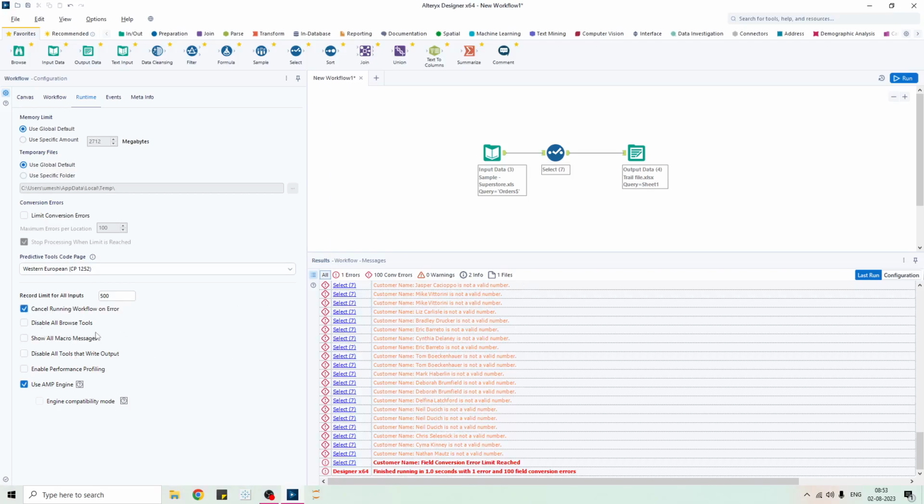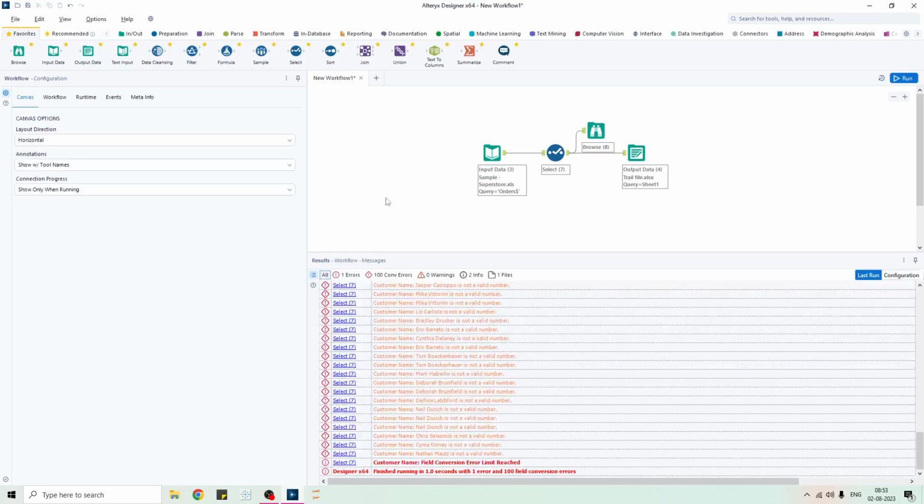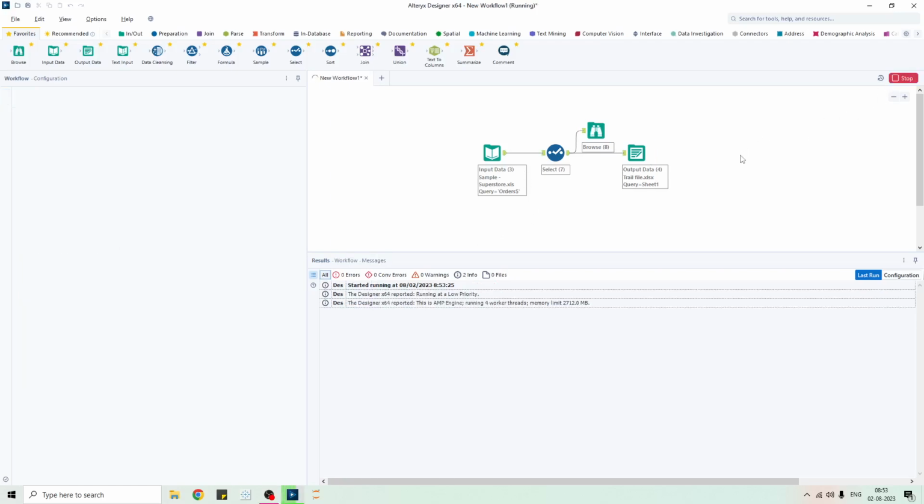And this option is saying that disable all the browse tools. So what is browse tool? This is browse tool. So suppose I have used many of the browse tools, then it will impact your workflow progress. We will see this when we will be talking about the optimization of workflows. So now if I run this,